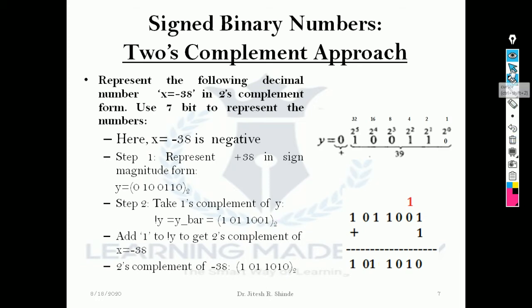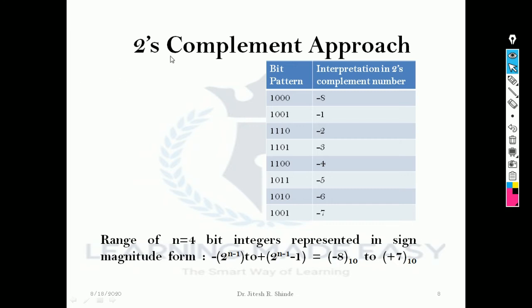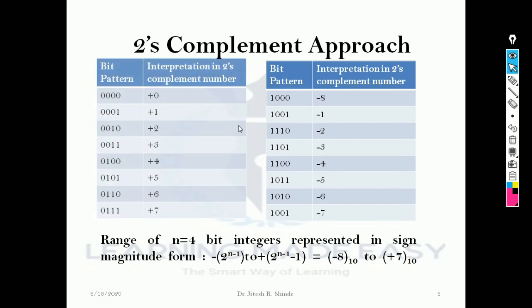Okay, next example. Now let's see the 2's complement approach for n equal to 4 bit representation. This is the tabular way. This table gives us the idea of all possible combinations which can be represented using 2's complement approach for n equal to 4 bit signed binary number. Plus 0, so MSB bit is 0, remaining 3 bits represent the magnitude. Say plus 4, 1, 0, 0 gives the magnitude, number is positive, so 0 has been written here.